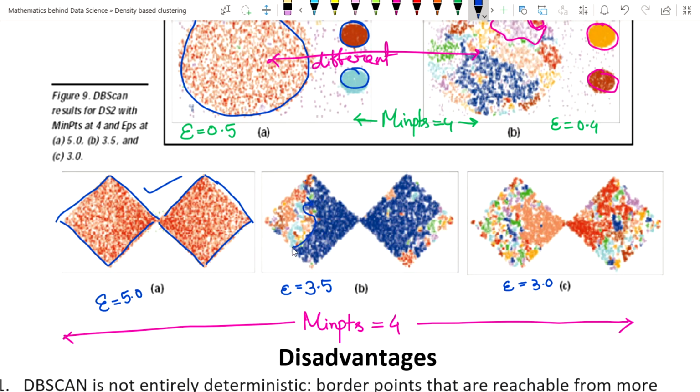This one detects a single cluster, and this one another cluster. Just little changes here, then we got totally different results. So it's very sensitive to the hyperparameter. These are the major disadvantages of DBSCAN.